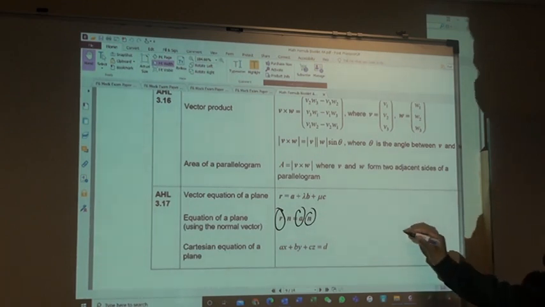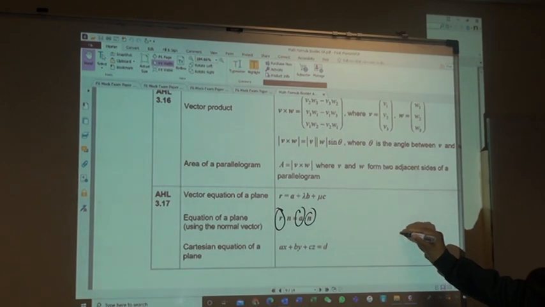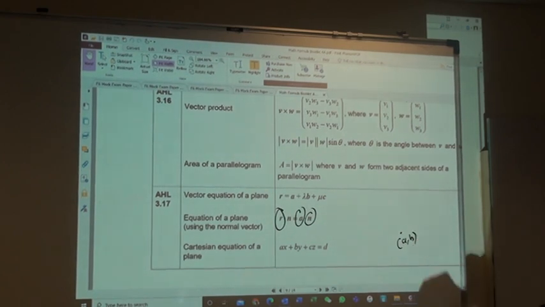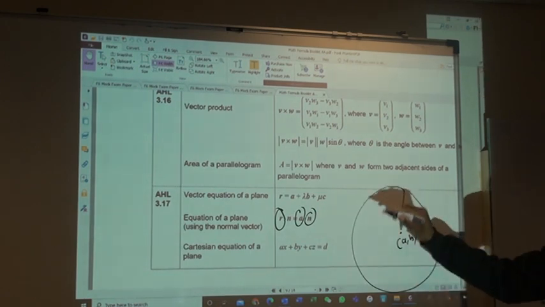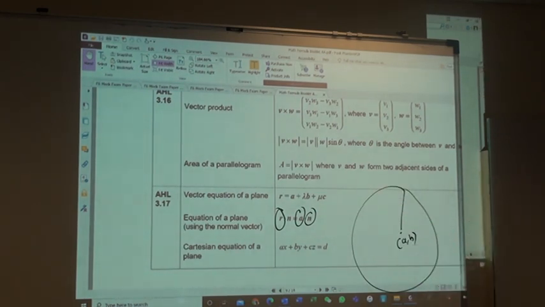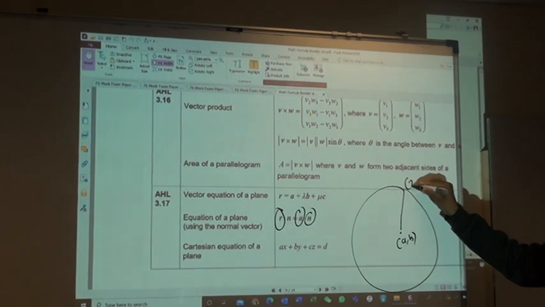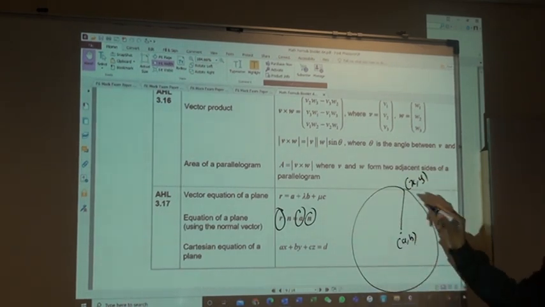Just like when you're discussing the equation of a circle. If the center is a, b, a known center, you're trying to determine the locus of a point that is always the same distance from this point, regardless of where you look. So that point is an arbitrary point. It could be anywhere